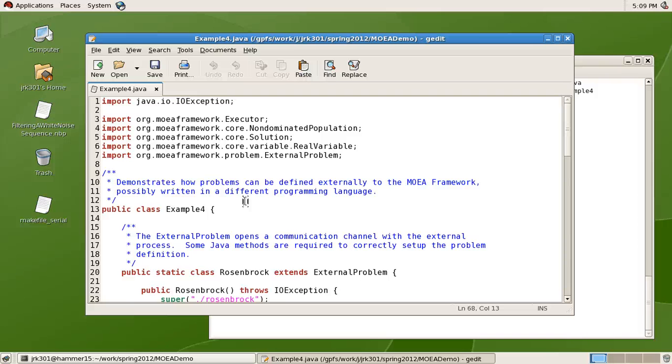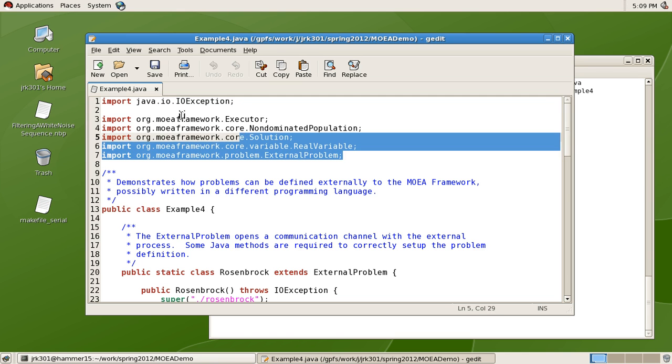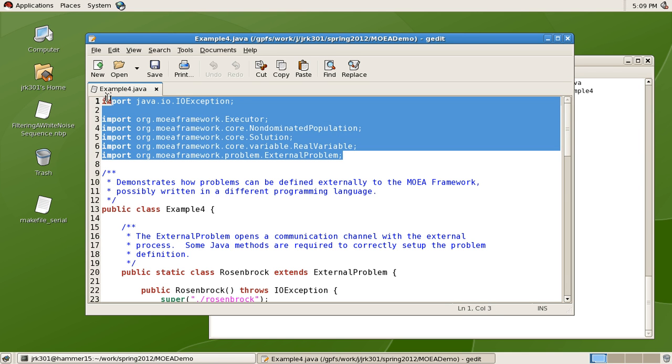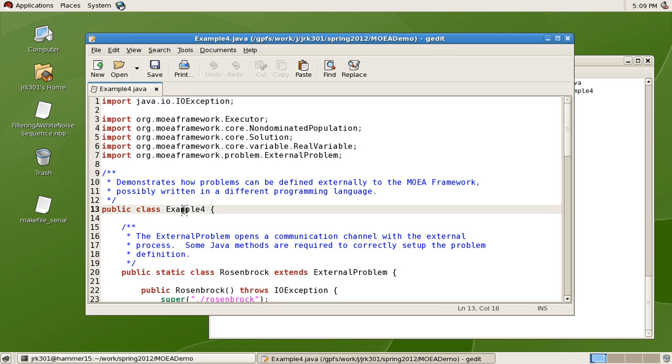In the previous video, you downloaded MOEAFramework and then looked at the C external example of how to run the Rosenbrock problem. Now I want to talk about the Java file that gets this whole process started. So we have a bunch of classes that are imported at the top of the Java file. And then notice that the main part of the Java file is called example4, public class example4, which matches the